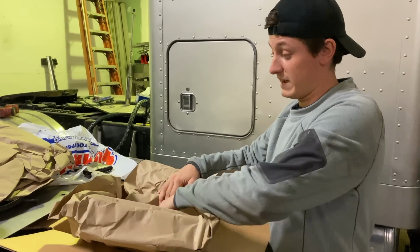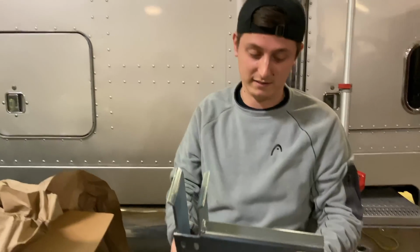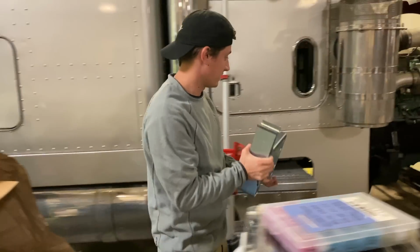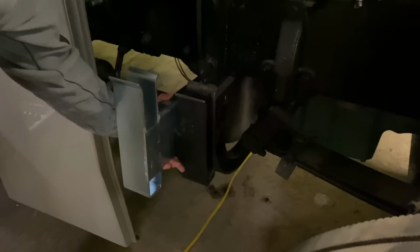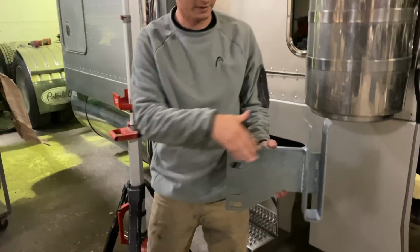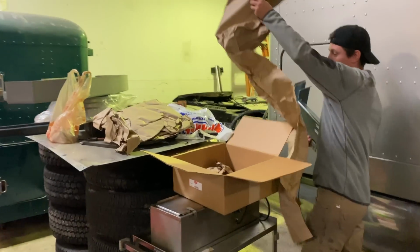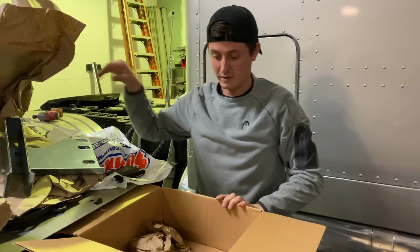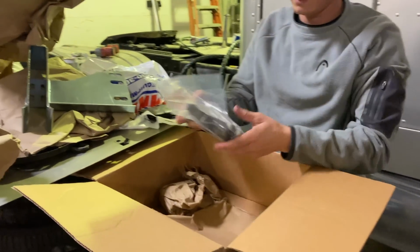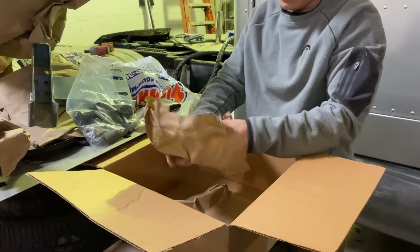But it's a part definitely we're gonna need, and it actually comes with brand new brackets. So these will mount up down here just like this one is. I believe this is the other side. This is the driver's side, because the lip goes facing the front. So we got two brand new ones of those. And enough paper to wrap all the gifts for Christmas. New rollers. And then these parts right here